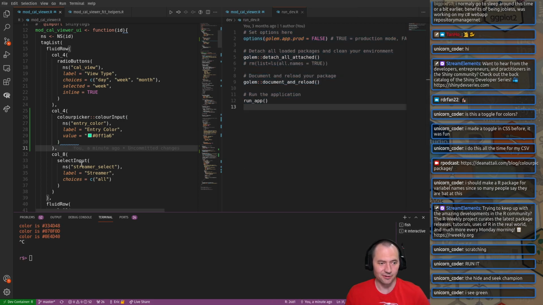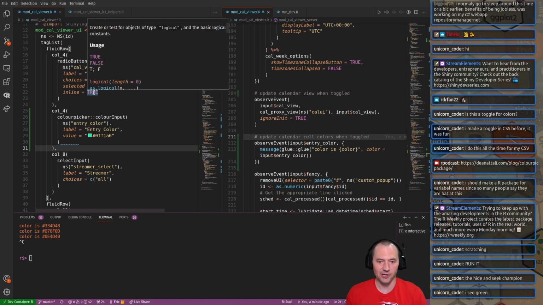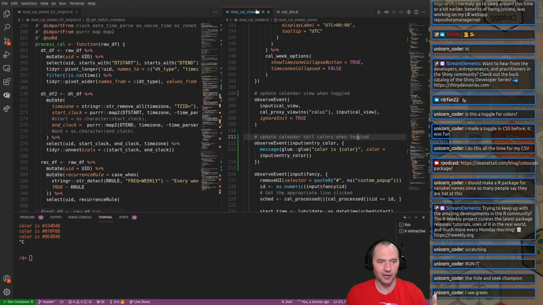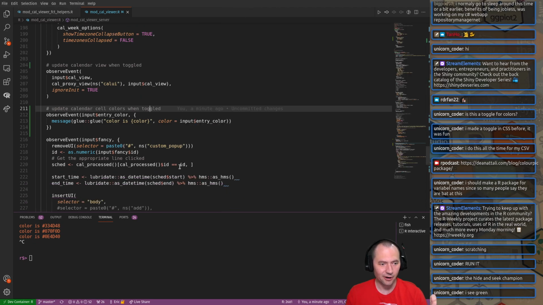Now we just need to go back to server. And so since I've kind of finished the UI part of that, at least for now, I'm going to go ahead and close that here, move it back here, and we'll get our full width again. All right, so